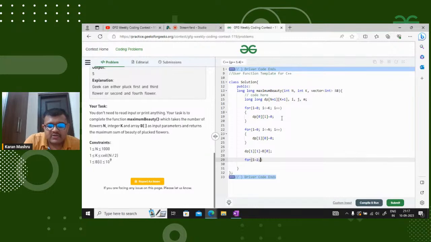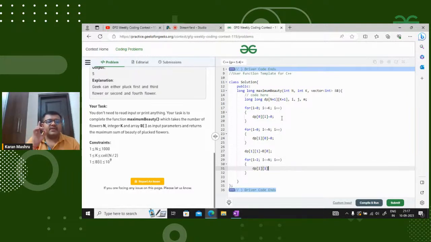And for i equals 2, i is less than or equal to n, i plus plus, dp of i 1, that is if we need to pluck one flower considering the first i flowers, would be max of dp of i minus 1 1 or b of i minus 1. That is the maximum beauty which we can get if we want to pluck one flower considering the first i flowers is the maximum beauty which we can get by plucking one flower considering the first i minus 1 flowers, right? Suppose we do not pluck the ith flower,